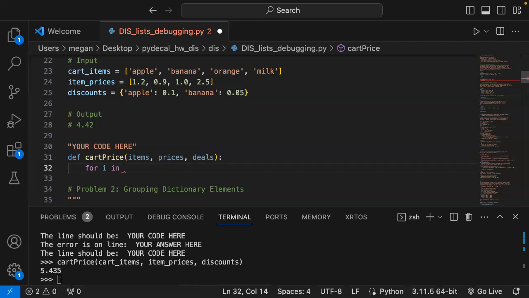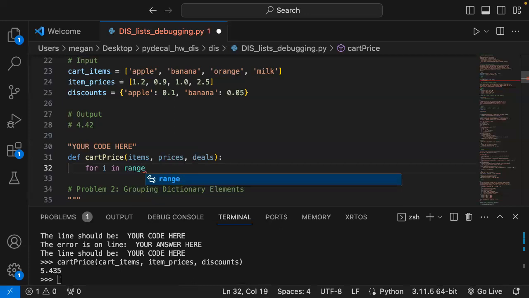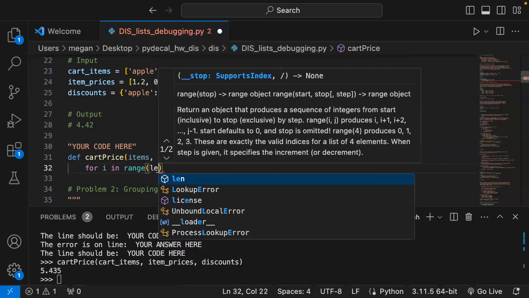Yeah, great idea. So let's just loop over items. So for i in range item length,